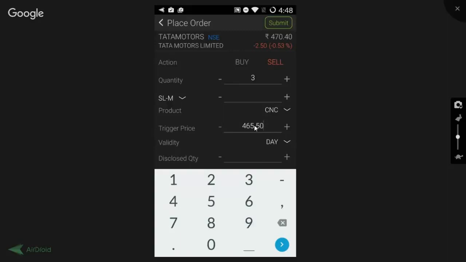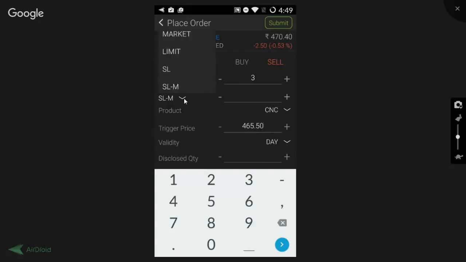So it can happen that my order that I'm placing for SL would be executed at 465.50, or it would be executed at 465, or it may also happen that my order would be executed at 467. So this totally depends upon the market movement, but it would hit the trigger price and only then your order would be executed, whatever it is. I hope, Ms. Chawda, I'm clear with your query. We also have a stop loss blog on our website. You can go through it for more clarification of the same.